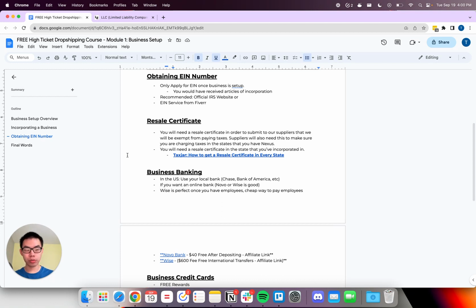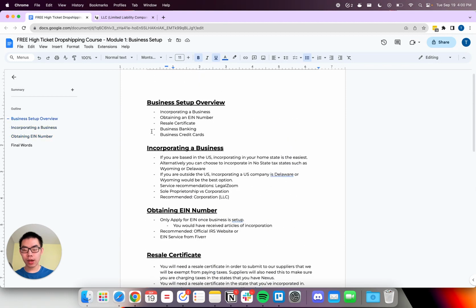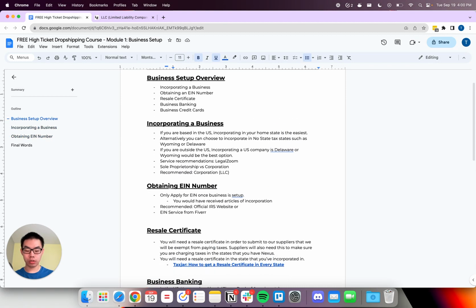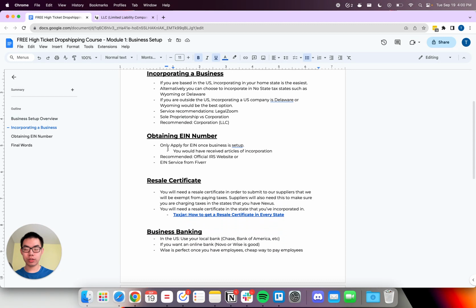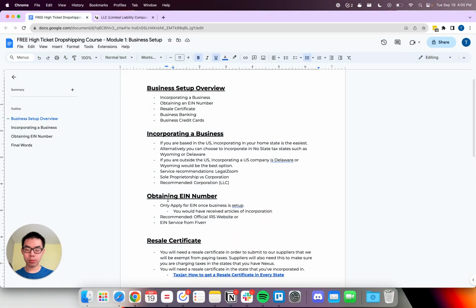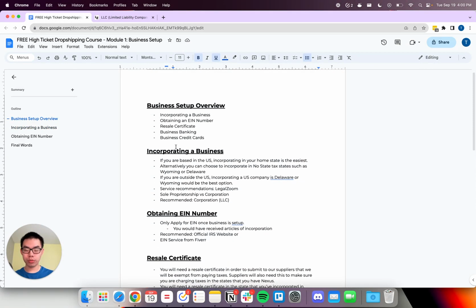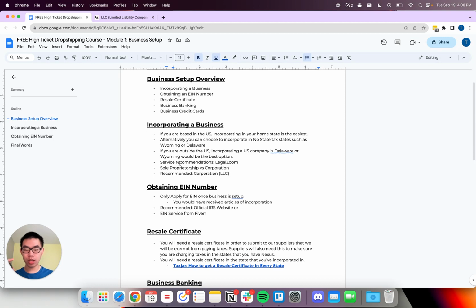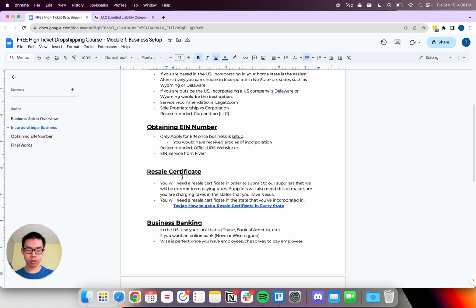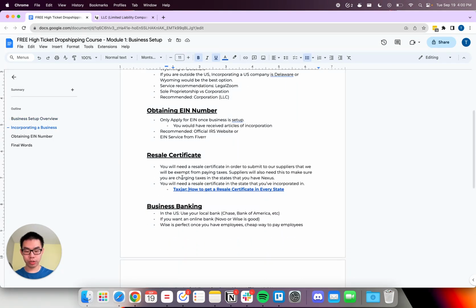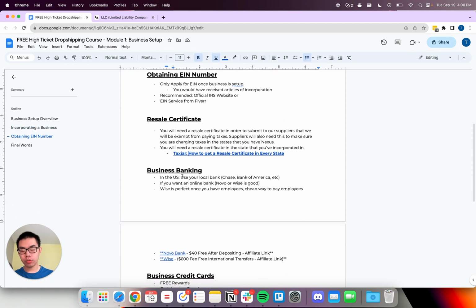Your resale certificate is fairly straightforward. You just want to get that set up after you incorporate your business and then obtain your EIN number. This is in order. Please do not skip. It is purposely laid out this way so you can follow it step by step. It's laid out exactly how you should set up this business. So after you have gotten your resale certificate,